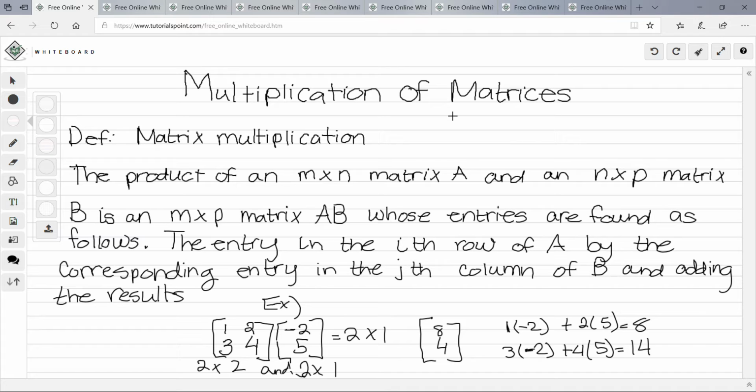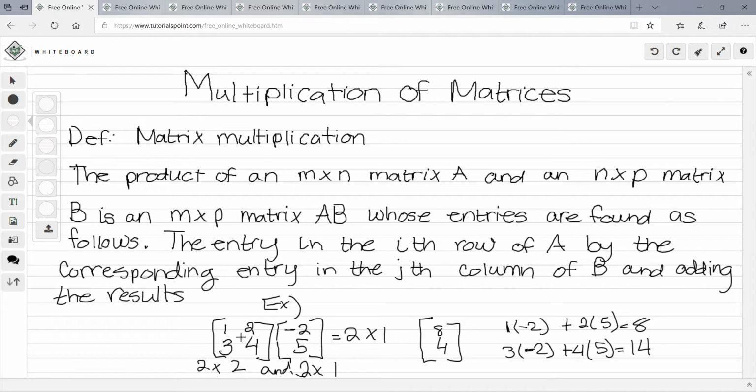So first, I'm going to go over the definition of matrix multiplication. The product of an m by n matrix A and an n by p matrix B is an m by p matrix AB, whose entries are found as follows: multiply the entries in the ith row of A by the corresponding entries in the jth column of B and add the results. So an example would be